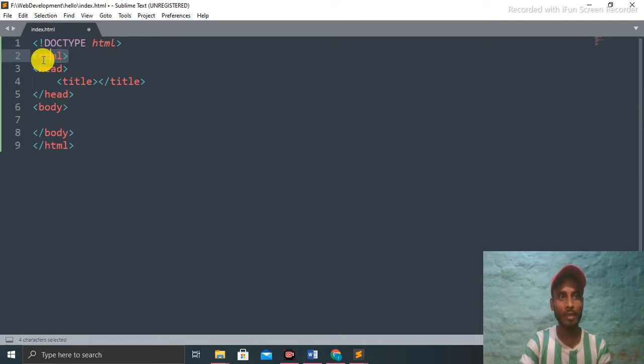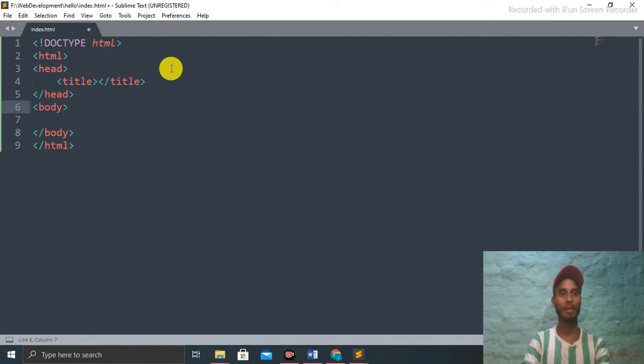The second line, html, is the root of the HTML document. In between, all our code is written. Each tag contains meta information, which I will discuss in future.